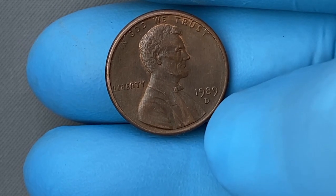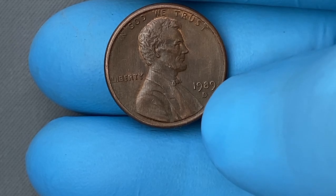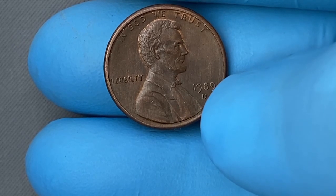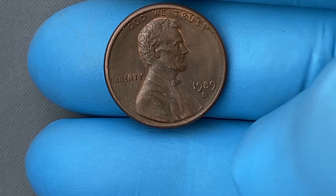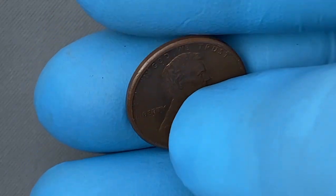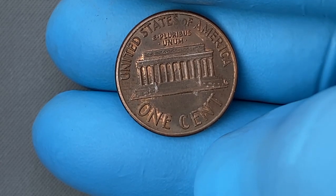We're diving into a coin that you might have sitting around in your collection, or maybe even buried in a jar somewhere. A 1989 United States 1 cent coin. And now, you're probably thinking, it's just a penny, right? What's so special about that? Well, stick with me because you're about to discover that this seemingly ordinary penny could be worth a lot more